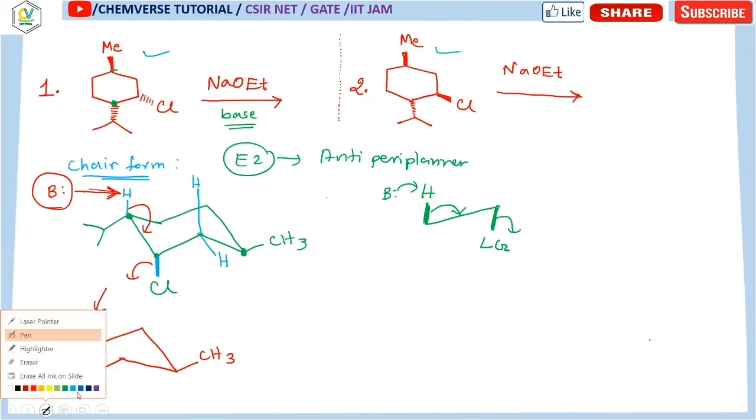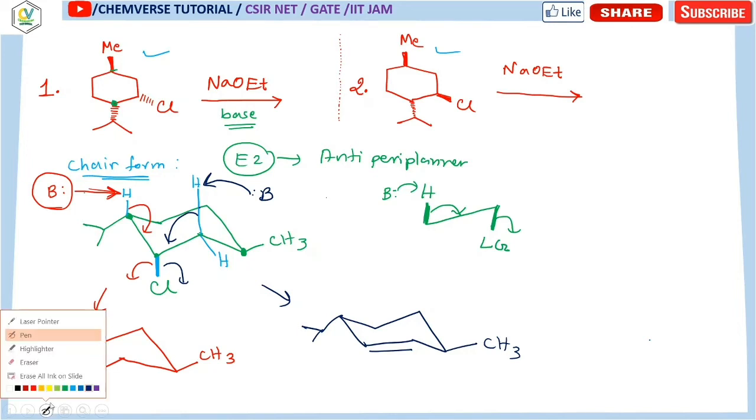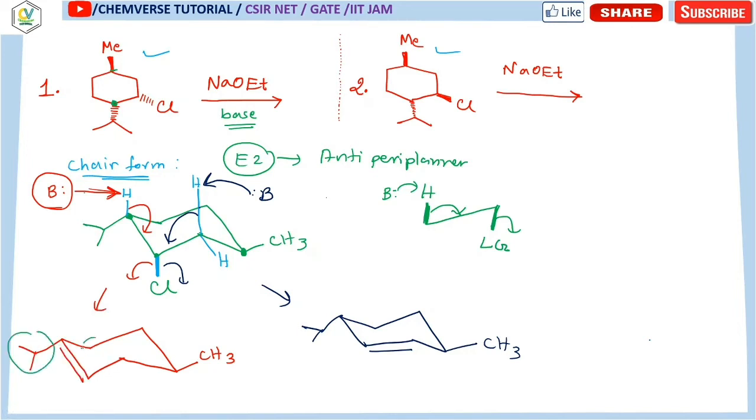Another possibility is that when the base comes to abstract hydrogen from this carbon atom, a double bond will form on this side and your product will be something like this, with the double bond in this position. Now, considering these two double bonds, if we see this double bond, it is 1, 2 and